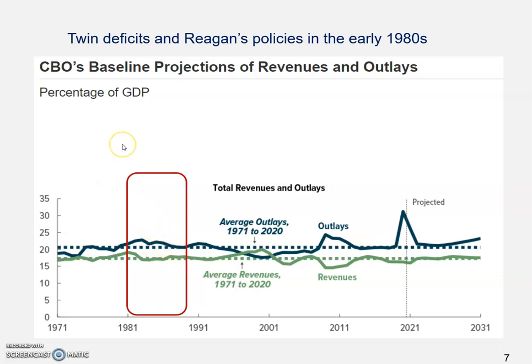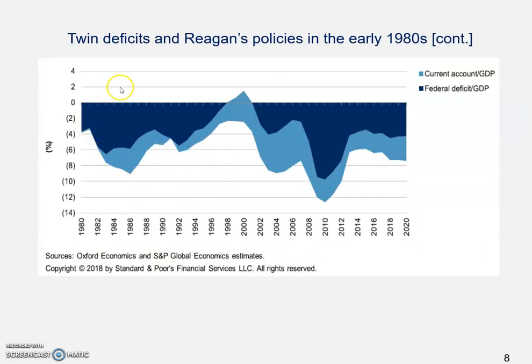Now, based upon the twin deficit hypothesis, we would expect the current account deficit, or trade deficit, to become larger during this period, at least for the first few years, and then it might decline in the last few years of his administration. Now let's check this out. Here, this chart again shows you two deficits. The first one, the light blue one, is the current account as a percentage of GDP.